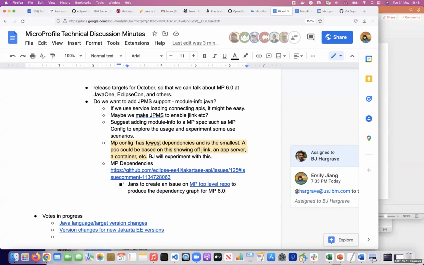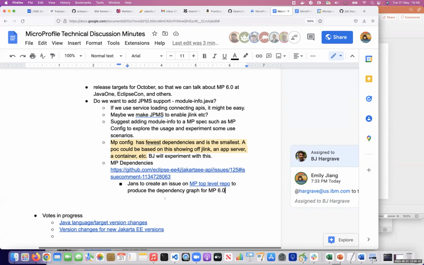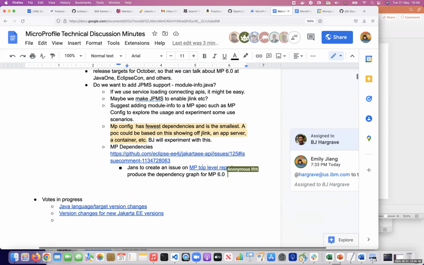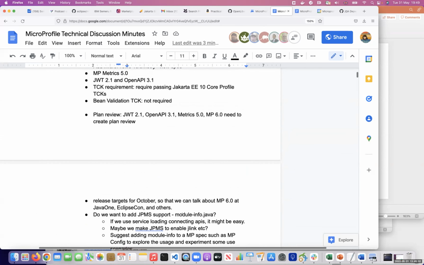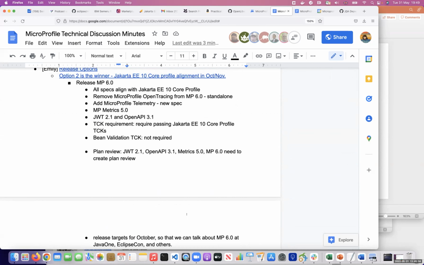Okay, so let me share the comment. So I put the repo link again. This is the top level MicroProfile repo for the whole MicroProfile 6.0, I think we discussed.